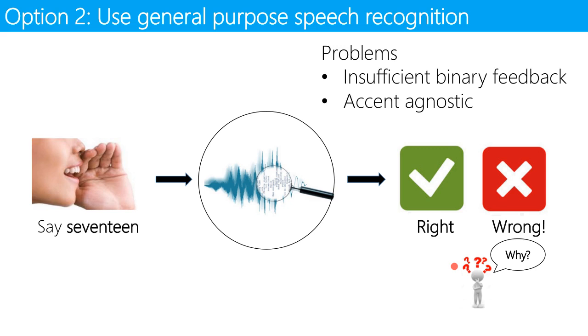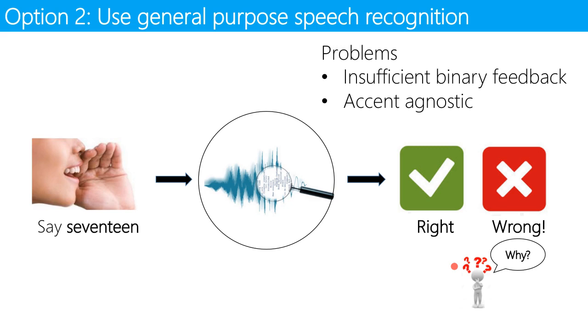By this, I mean that it only provides two types of feedback: it will say, yes, you are right, or no, you are wrong. This is good when you're right, but it becomes a problem when you're wrong because you can't figure out where you are going wrong. So students keep practicing again and again, but because they cannot figure out their mistakes,